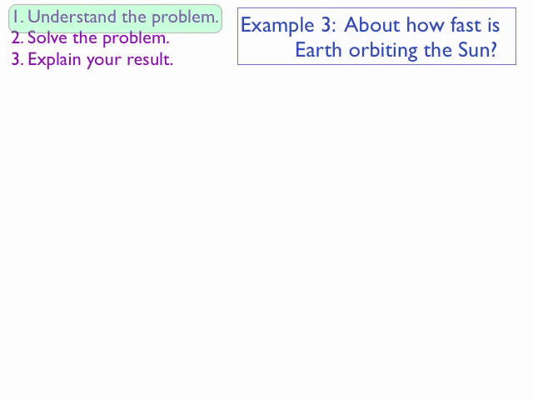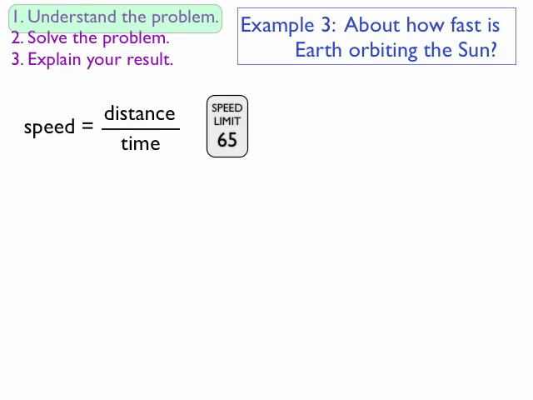We are asked how fast, which means the answer should be a speed. Speed is defined as distance divided by time. You can always remember this fact by thinking about speed limits for cars. For example, in the United States, a speed limit of 65 means 65 miles per hour. Miles are a distance and hours are a time, so we know that miles per hour represents distance divided by